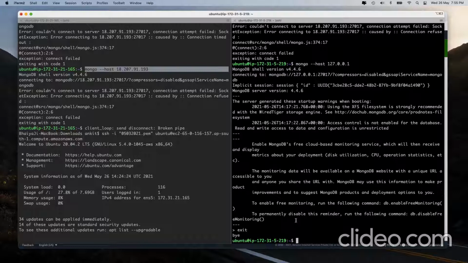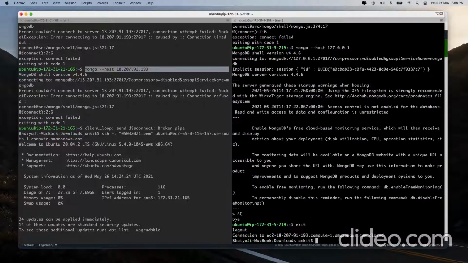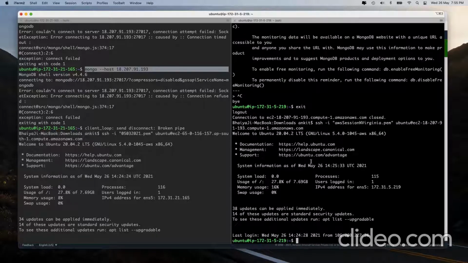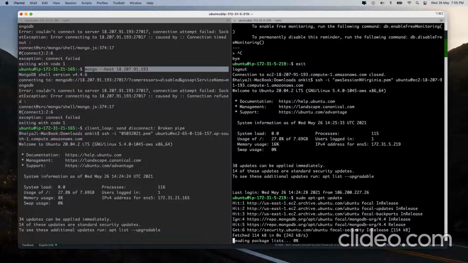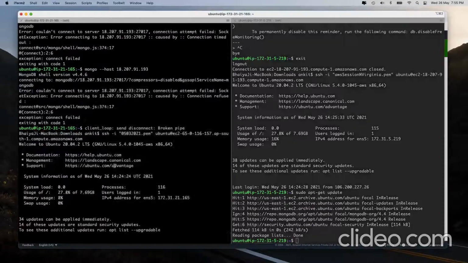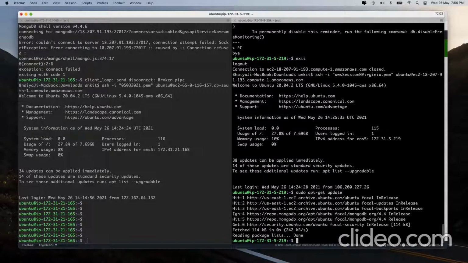So let's get started. So if I go and try to do this, it fails. However, if I go and try to do this, it obviously is going to pass, isn't it? So I do understand that there is some configuration issue by which 127.0.0.1 works and the rest doesn't. Okay. By the way, whenever you log in and you see something like this, please always go and do a sudo apt-get update. There might be many security patches which have not been done. So you should ideally do that. Okay, fine. So let's go back. And I do understand that somewhere down the line, some configuration changes are there, which is allowing 127.0.0.1 and doesn't allow the other IPs. So for that,